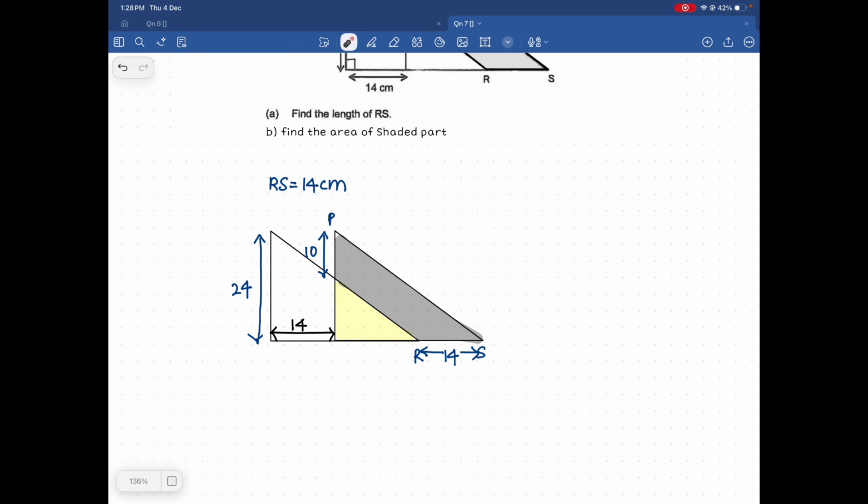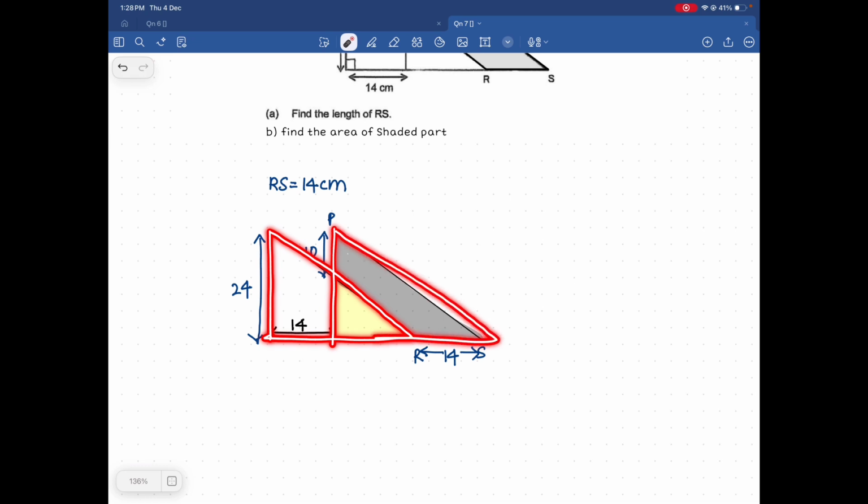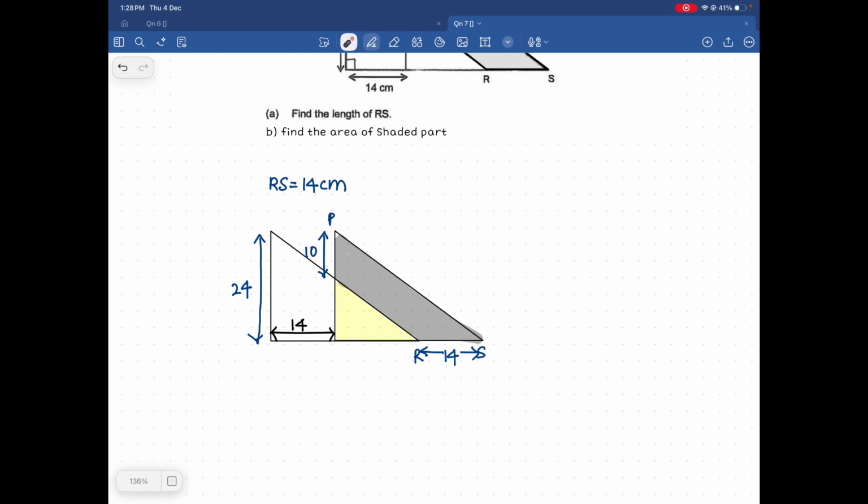B, find the area of the grey shaded part. So how do I find the area of the grey shaded part? It depends on the first triangle actually. Why so? Because these two triangles are identical, so they are exactly the same. That means their area should be the same. And since they only overlap at this yellow part, that means that this yellow part is the same for both rectangles. So I can say that if I call the first triangle A